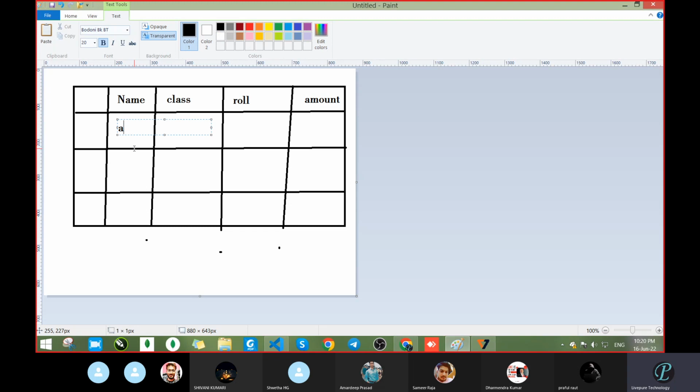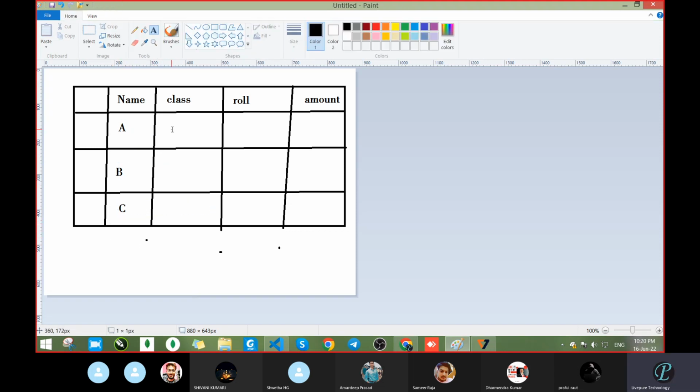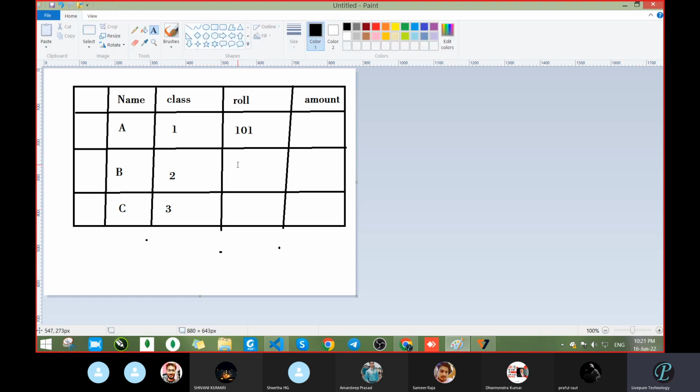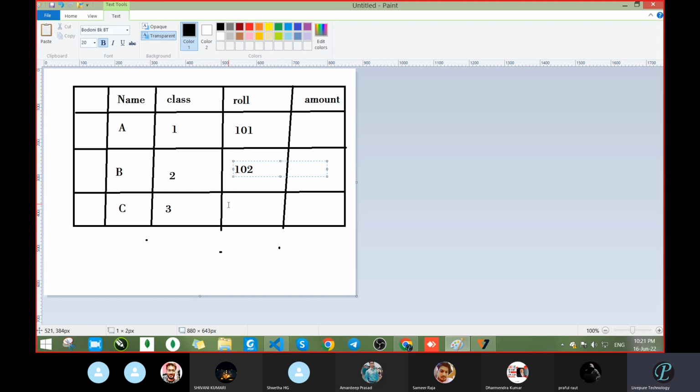Name as A. Here we passed the name as B. Here we passed the name as C. Here we pass class 1. Then we passed here class 2. Then here we pass class 3. Here we pass roll number 101, roll number 102, roll number 103. Here amount 700, 500,